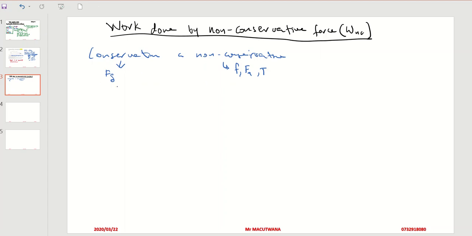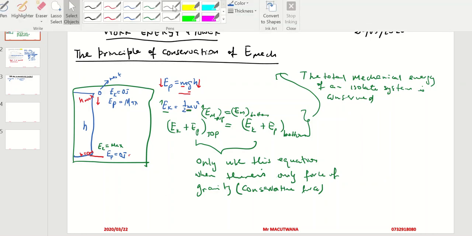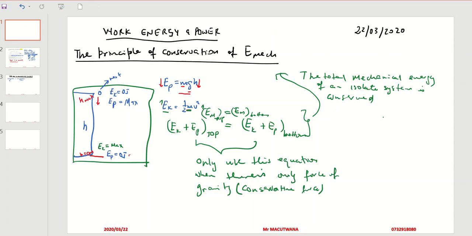Now earlier we were talking about the principle of conservation of mechanical energy, whereby we said the total mechanical energy of an isolated system is conserved. Isolated, I think I left out the D. So is conserved, meaning